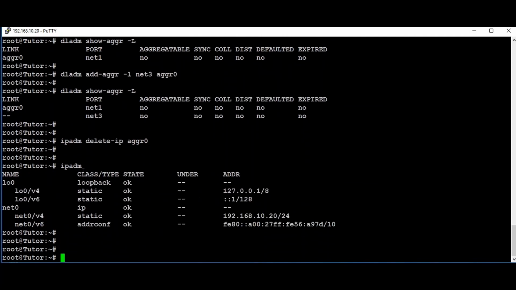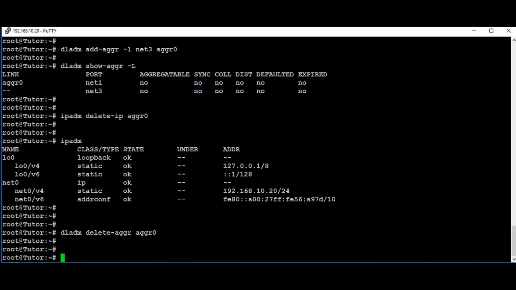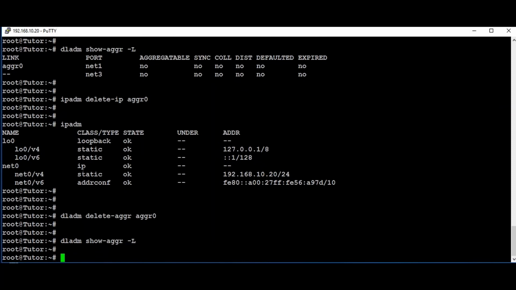Now I am going to destroy the aggregation using the command dladm delete-aggr aggr0. Now we can see there is no aggregation.